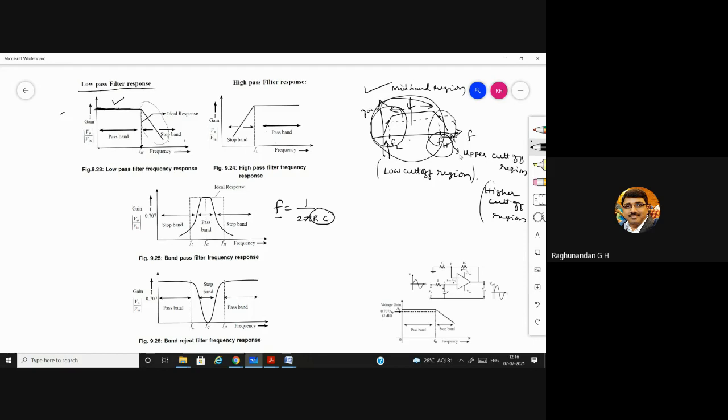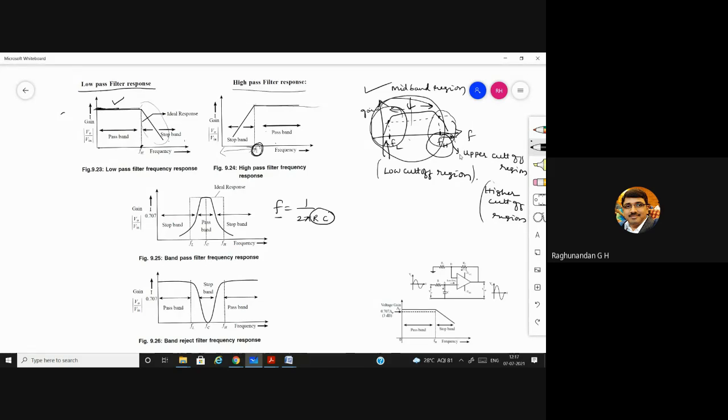But in the high pass filter, you can see that after FL, the lower cutoff frequency, the gain will be maximum. It will keep on being maximum, at a higher level. But in the range 0 to FL, the frequency is lower. Because it is under the stop band, this high pass filter is going to filter out this lower frequency signal, because our intention is to pass only the high frequencies.